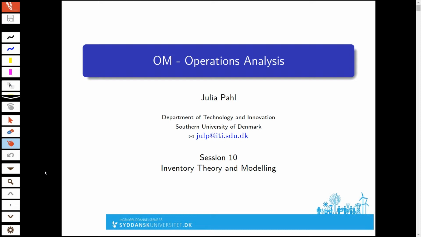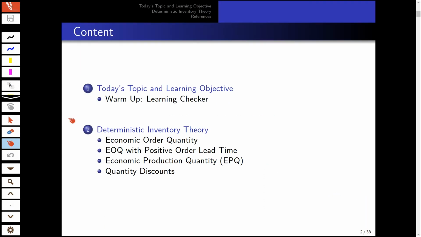Our session 10, we will be dealing with inventory theory and modeling. We will look at deterministic inventory theory in this session. In the next session, we will treat the case when demand will be stochastic. So here we will be looking at the very basic model of inventory ordering, which is called the economic order